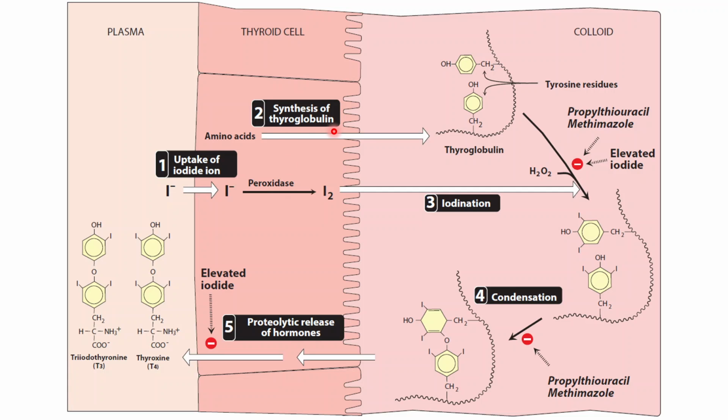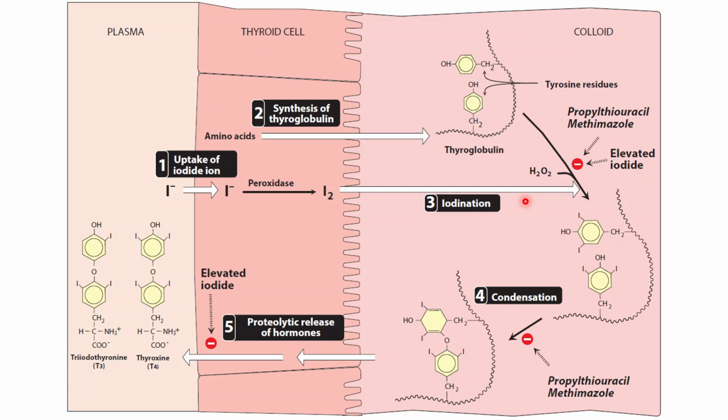So the first step is the synthesis of the thyroglobulin, that is the globulin with the tyrosine residues. Second step is the iodination. So iodination will require the iodine that is obtained from the food,